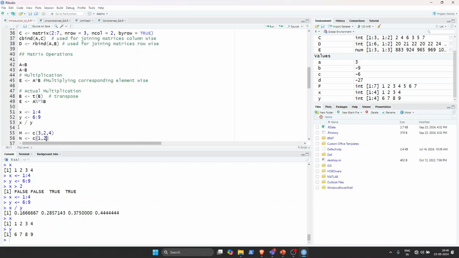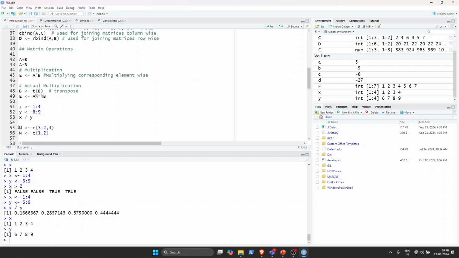You can use the equal to sign also, no issue. And we need to find a vector z that is equals m into n, right? So we'll just select these 3 lines,